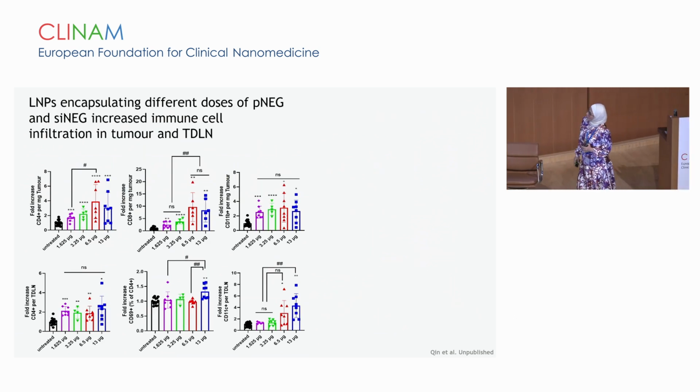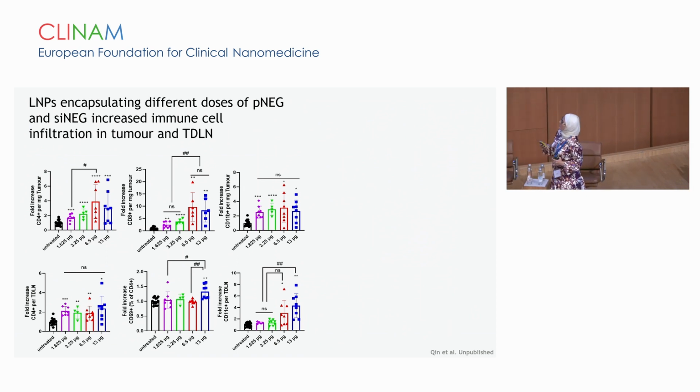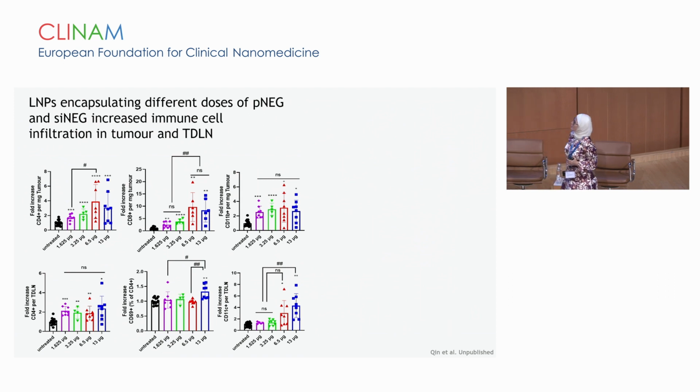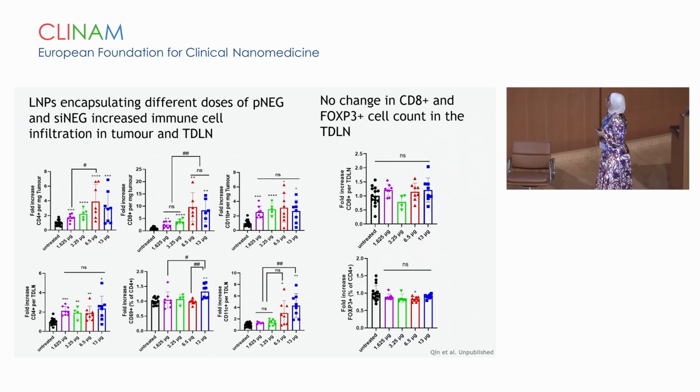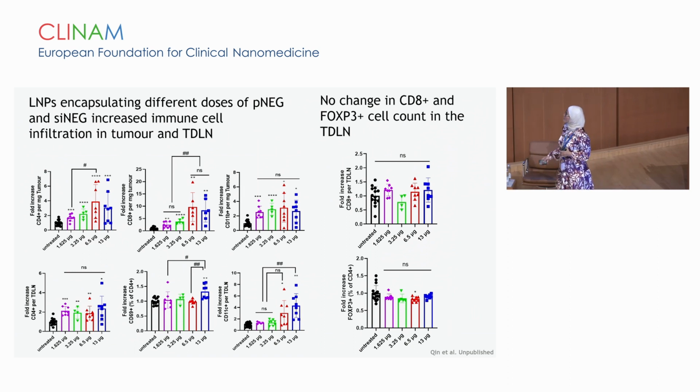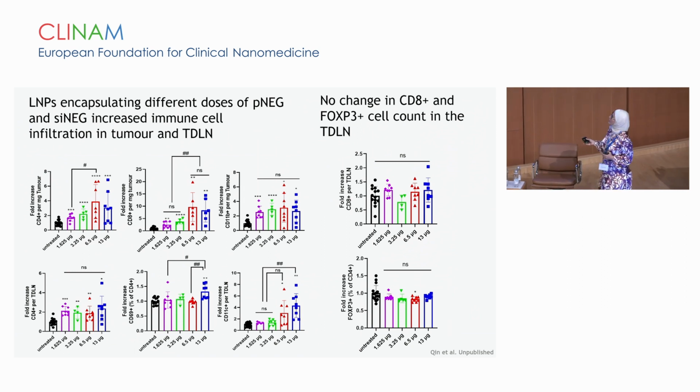We looked at the immune population. You can see there's more CD8, more CD4 in the tumor, and there's also more dendritic cells, both in the tumors and the tumor-draining lymph node, and you can see that pattern with the dose response. When we looked at the CD8 and the Treg population in the tumor-draining lymph nodes, we didn't see an effect. And this is important because I will show you what happens when you introduce the immune checkpoint blockade to the